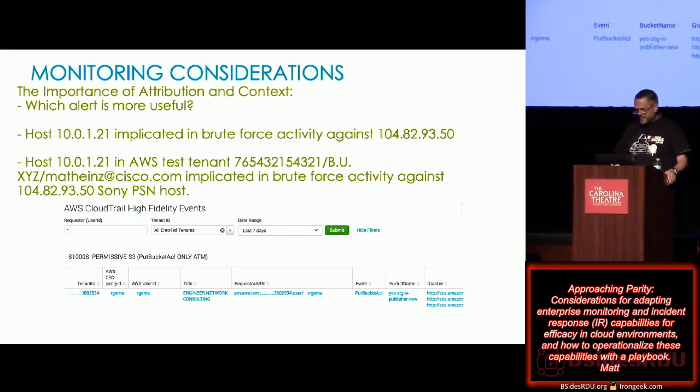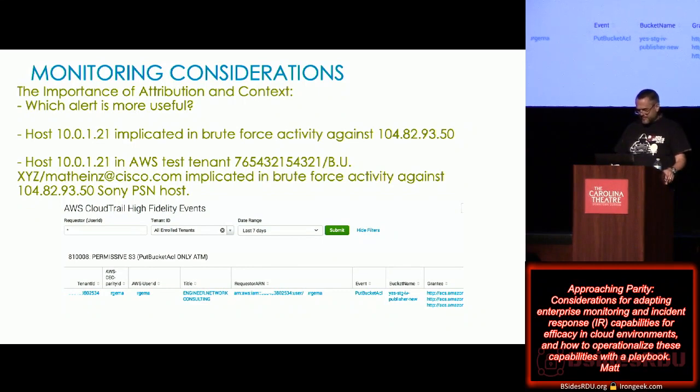So when we see interesting events taking place from our kit, we need to know things like, is that a brute force attack or is it just a broken script? Or is that a compromised machine instance that we've detected? What is it? What does it do? Is it a test host that we can isolate and/or just shut down? Or is it the web interface for something more important like a revenue generating service? These are important questions. We want to bring the appropriate response to the condition that we detect. So tenant context can help paint the picture in these situations.